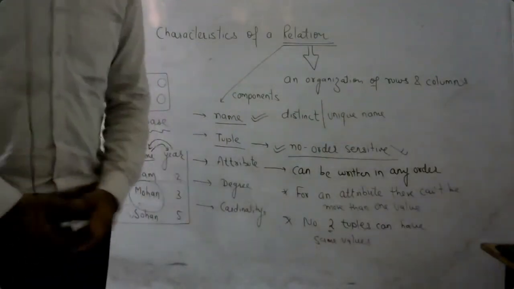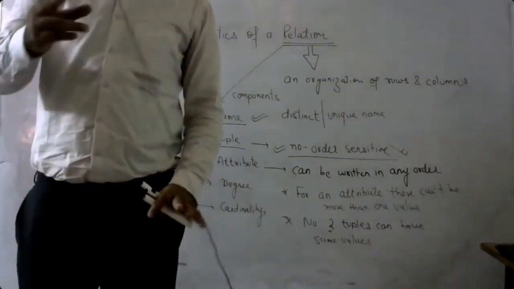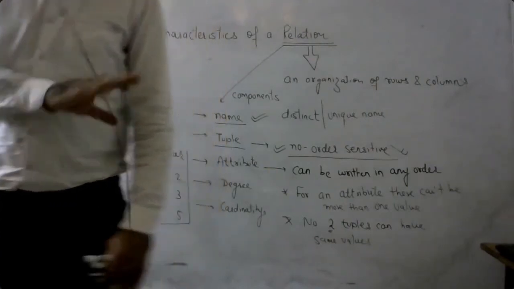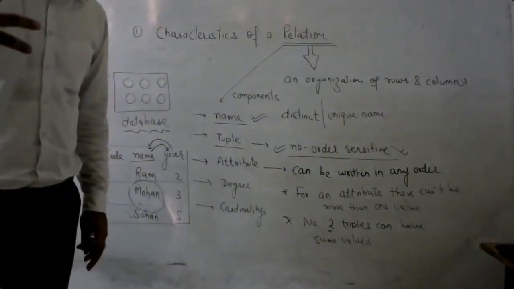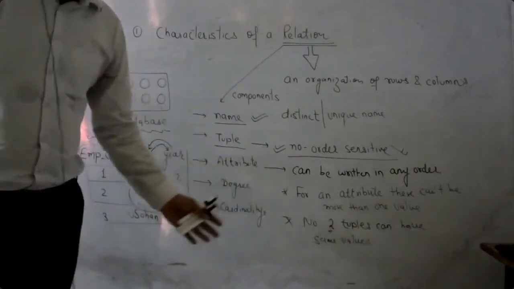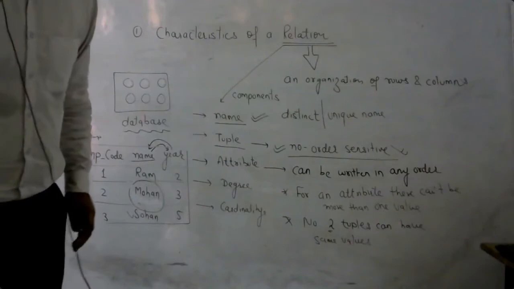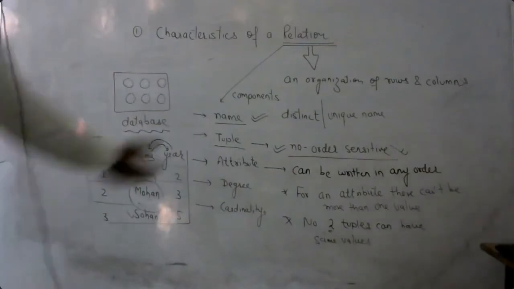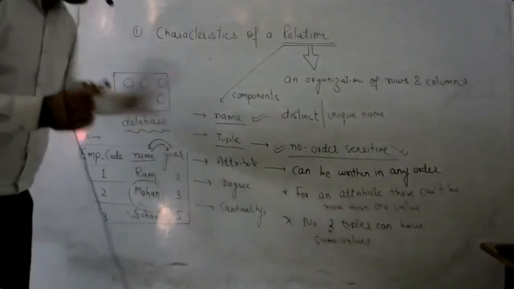Suppose there is a relation for the 10th board university. Can there be roll numbers of two persons the same, with their names and details the same? No, it is not possible in any case. Is it possible for an organization to have the same EMP code, same name and the same details exactly? No, it is not possible. We say that each and every record or tuple is unique in a relation. So these are the 5 characteristics which we have covered. There are many more, but these are the basics.